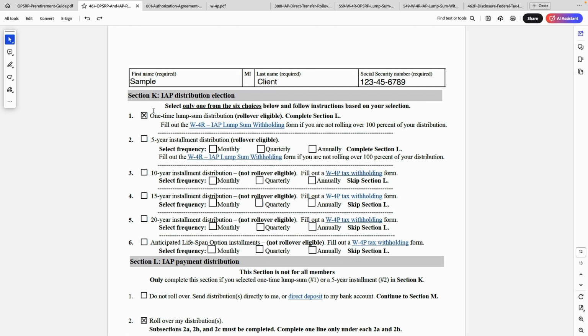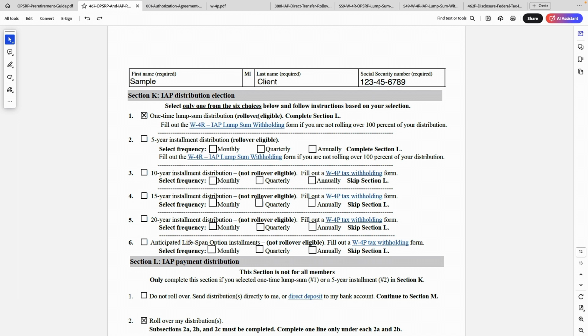And rather than creating a distribution plan with the IAP that's going to force income over time in these various installments or years, the clients decide, you know what, I want to have more choice over when I take those out. So the best way to keep your choices open is to sign up for a one-time lump sum distribution